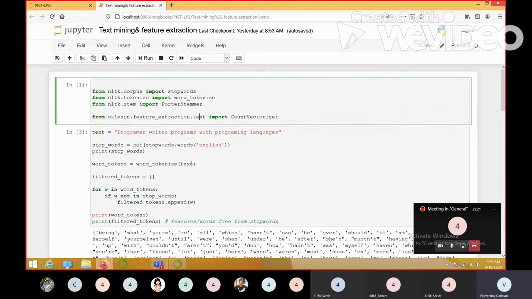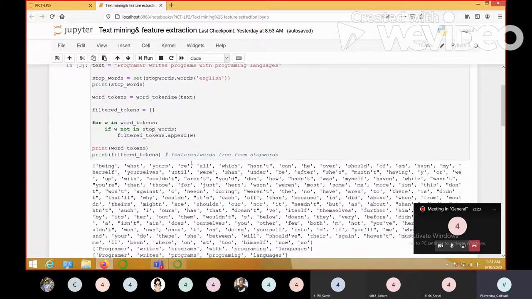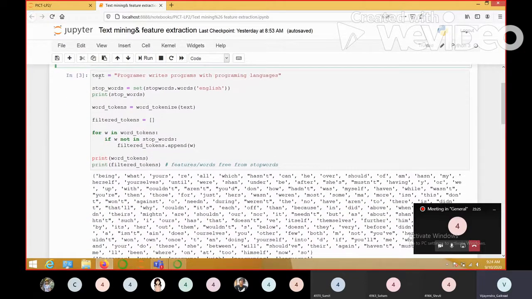Let us first see how to remove the stop words. This is the sample text that we have taken: Programmer writes program with programming languages. We have the class stopwords, and a method called words to which we have to pass the language. We have passed English, since we are dealing with the English language.